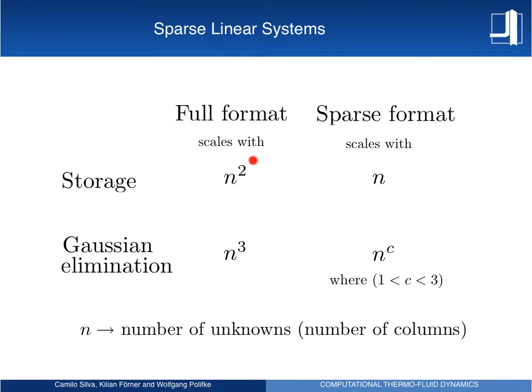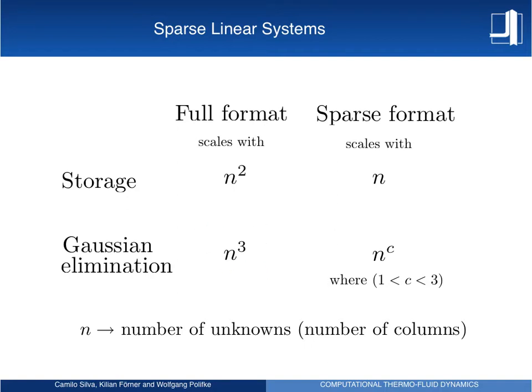So this is a very strong difference that we have to consider in storage, but not only in storage but also in terms of computational power. If we, for example, just make use of Gaussian elimination, so there is a well-established number of steps to be able to solve the linear system, and if we have a matrix with n elements at the side, so we have an n times n A matrix, we will have to perform n to the cube number of operations to be able to obtain the